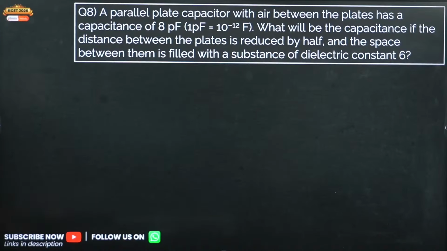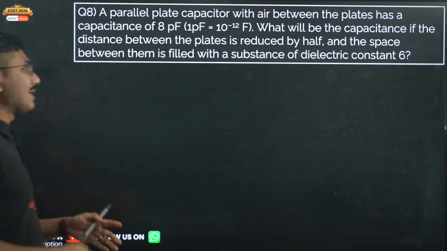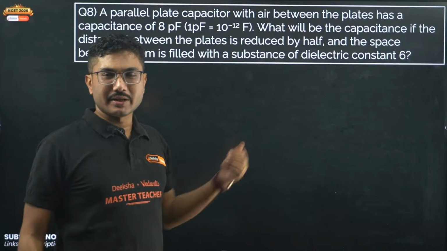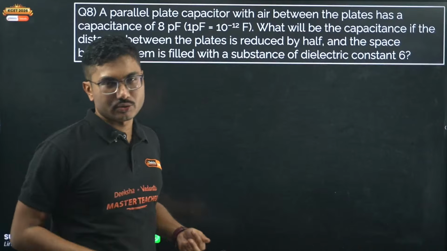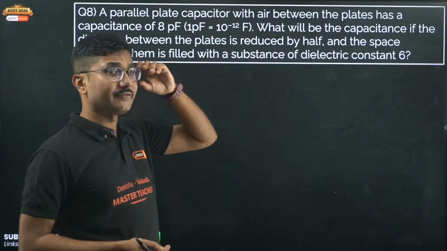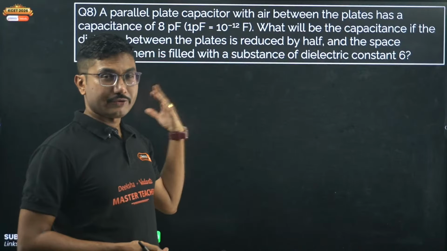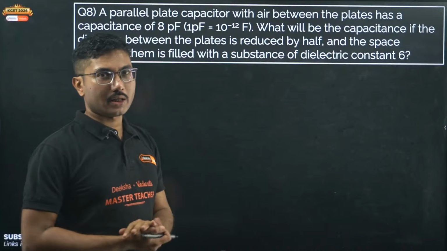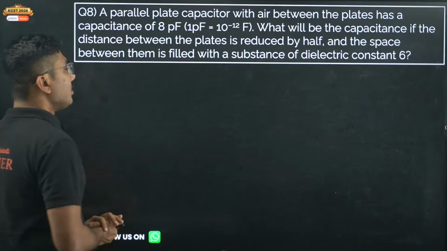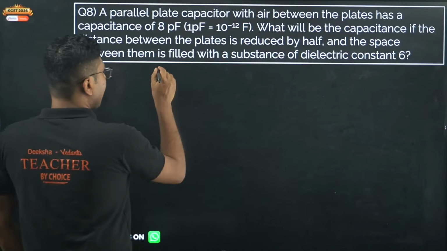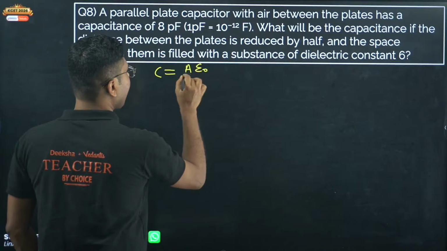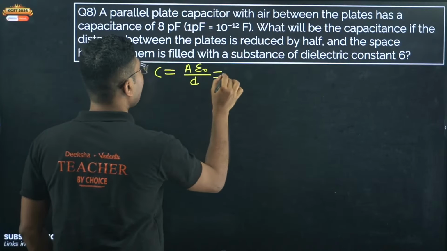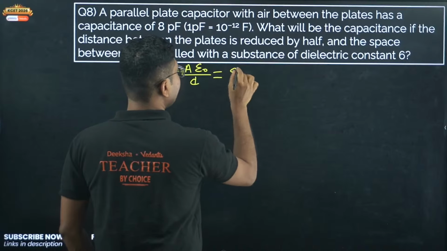If this question is coming as a 5-marker, they will add one more part saying that this capacitor is connected to some certain voltage, what will be the charge stored. So this itself is a 3-marker question. If this question is coming, they will add one more 2-marker to it. Obviously we know that the capacitance of an air capacitor is A epsilon naught by D, which is given as 8